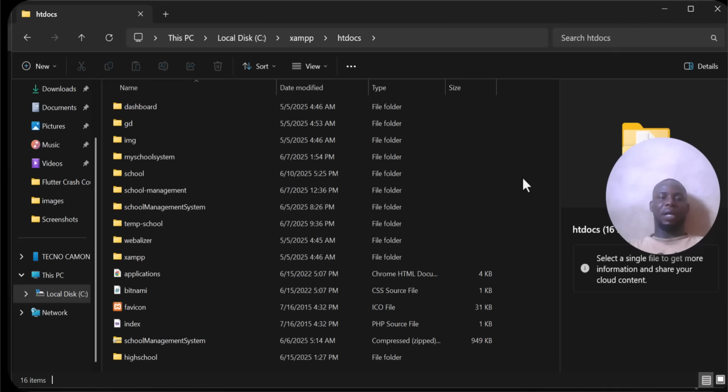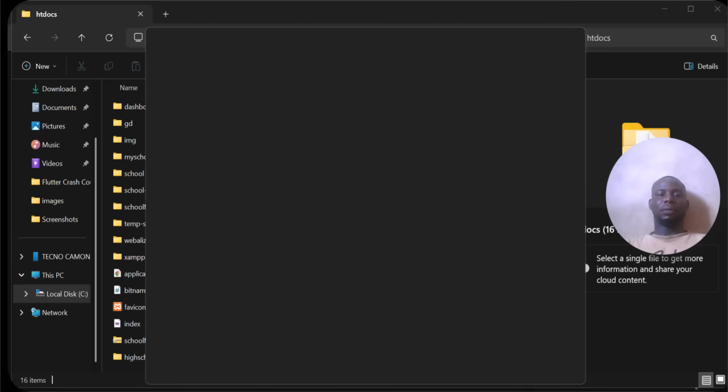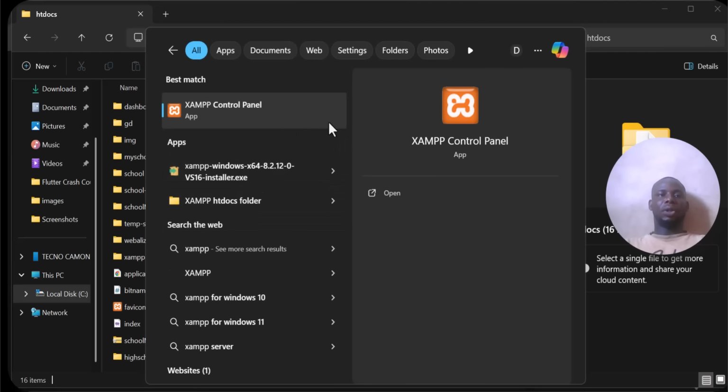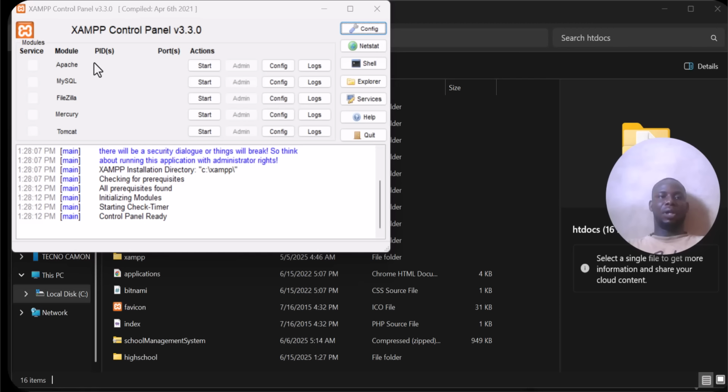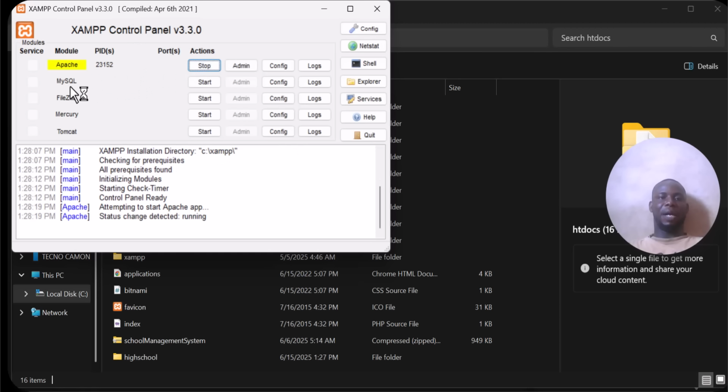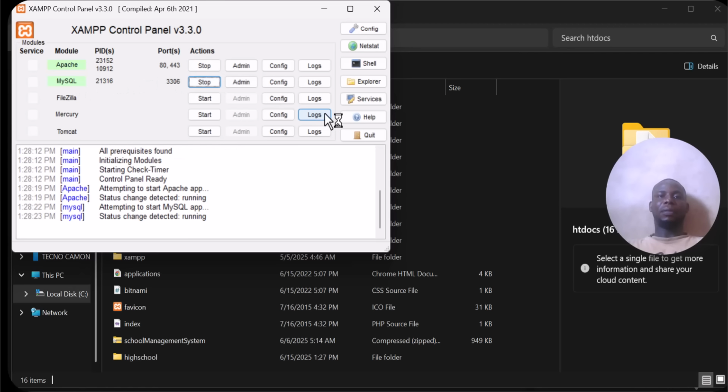So I can just come here and search for XAMPP. So I'll open it. So once it's open, I'll click on this place you see Apache. I'll click on start, and also on this one you see MySQL. I'll also click on start. So once I've done that, the next thing I need to do, once I've started this, I can just minimize